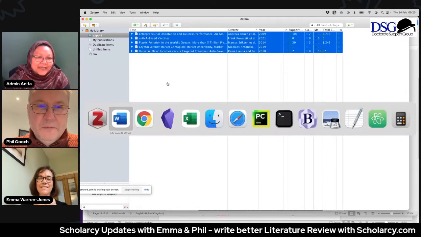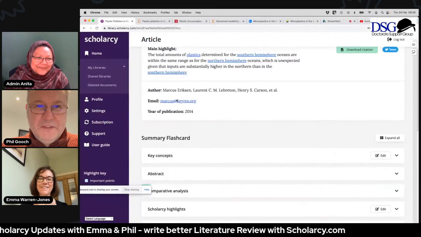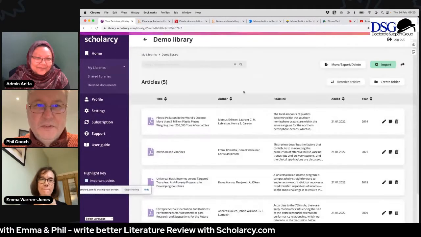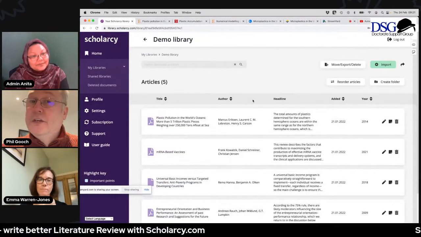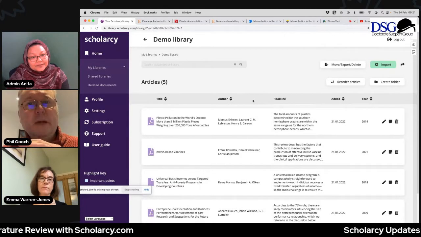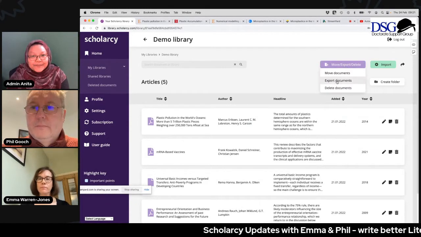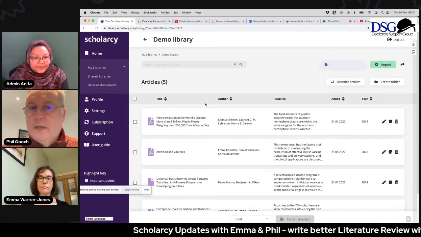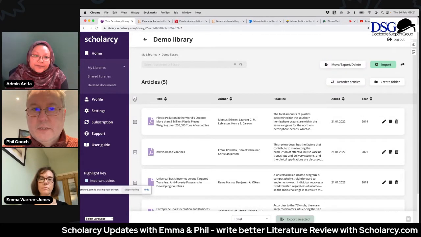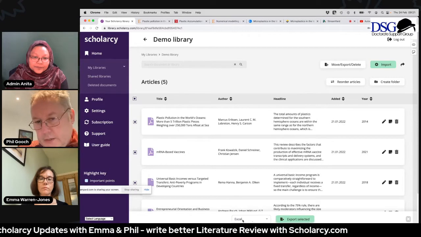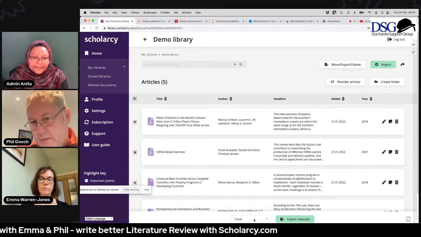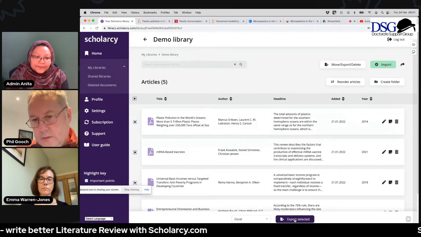Okay. Great. Well, there's more, because the other thing we can do is export to Microsoft Excel and generate what we call a literature review matrix, where we can see these studies side by side. Yeah. So let's do that. I'm going to my export menu again. I'm clicking on this box here to select all of them. I don't know if you can see down the bottom, I've got Excel selected as my format. So I click on that,